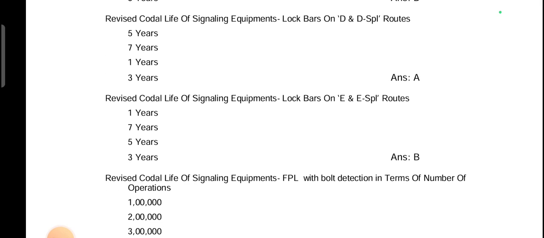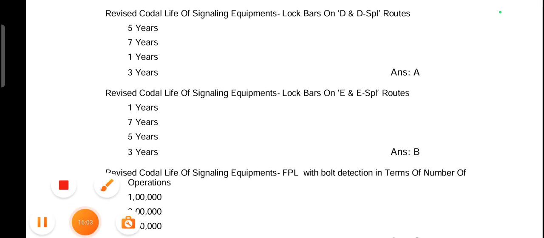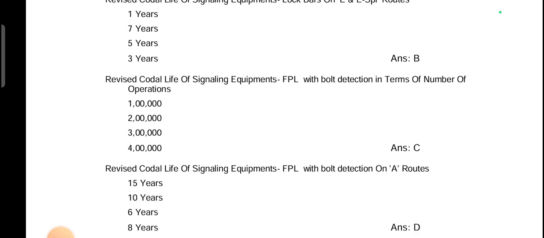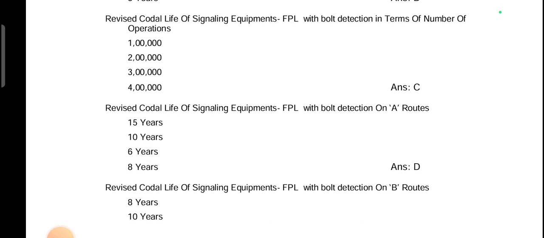Next, revised total life of signaling equipments, lock bars on D and D special routes, 5 years. Next, revised total life of signaling equipments, lock bars on E and E special routes, 7 years. Next, revised total life of signaling equipments, FPL with bolt detection in terms of number of operations,